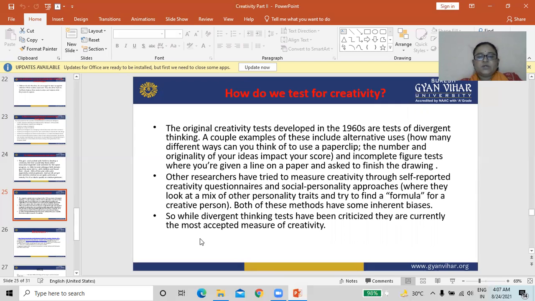Other researchers have tried to measure creativity through self-reported creativity questionnaires and social personality approaches, where they look at a mix of other personality traits and try to find a formula for a creative person.